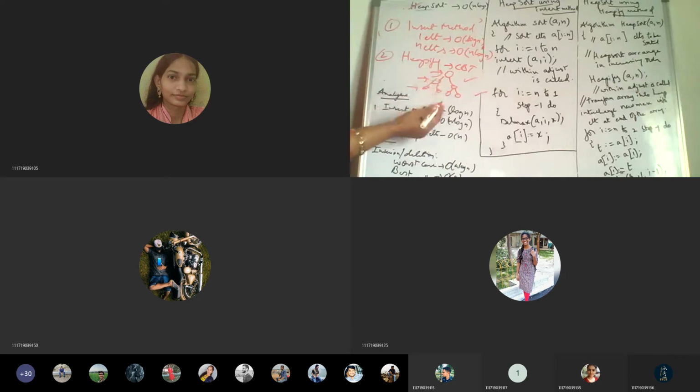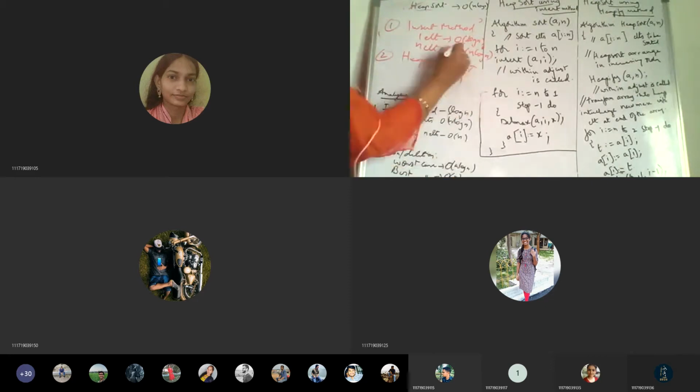So for n elements, there are n insertions, and the time complexity for heapify is order of n only. Why? Because here there is no concept of height. Whichever the element, we directly keep inserting level wise. That is why we call it order of n.